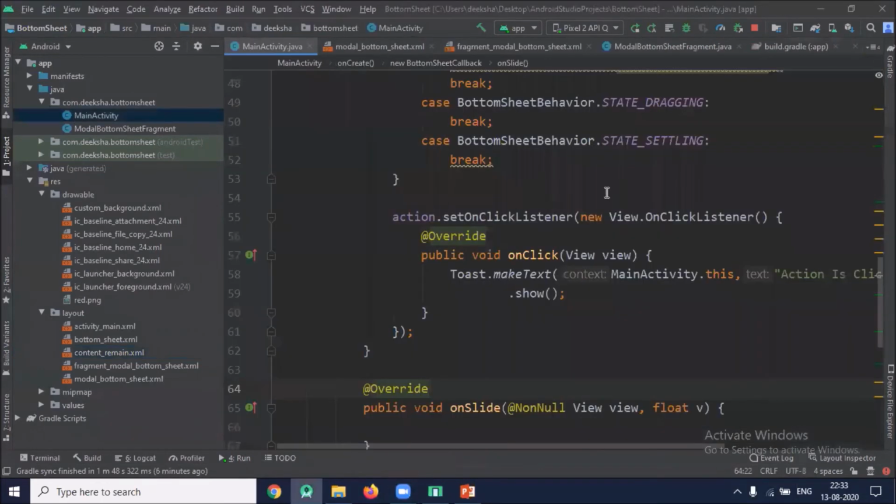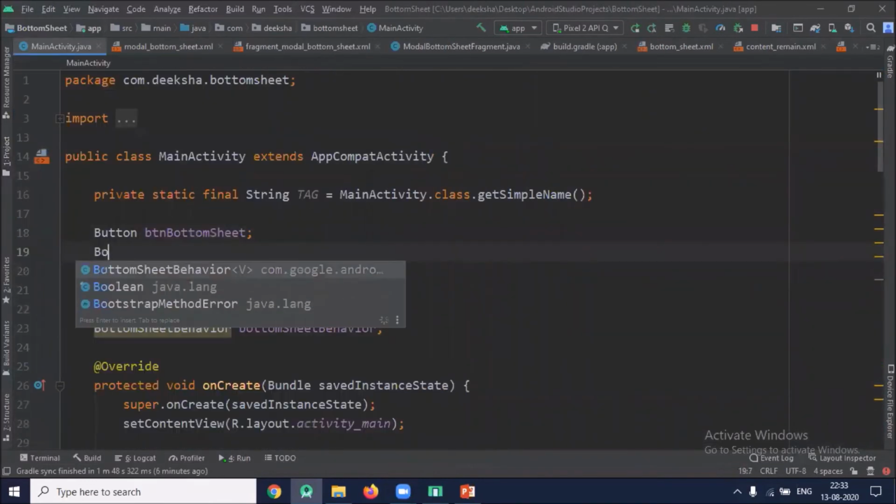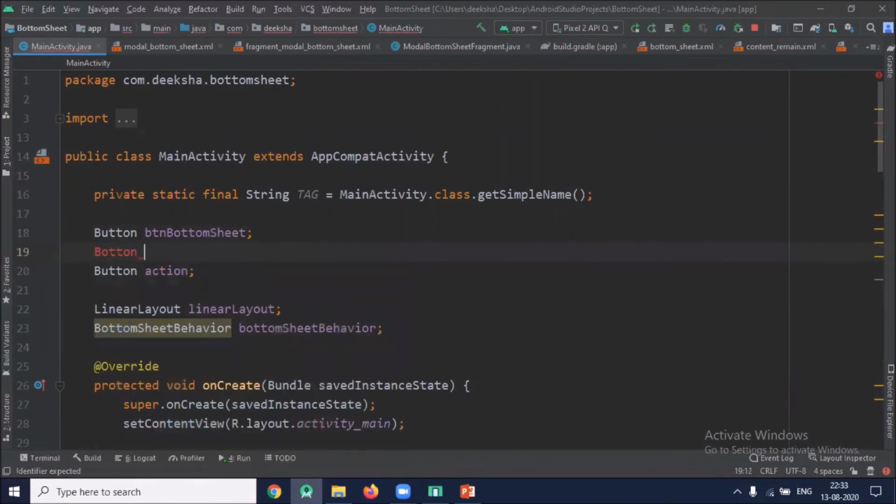Now click on main activity. First we access the button from XML file by using findViewById.